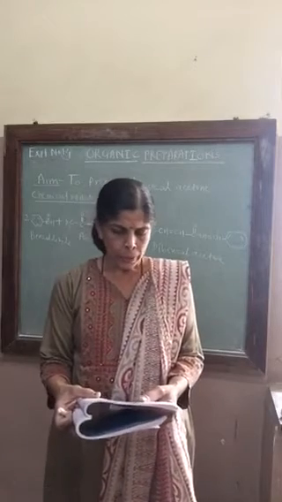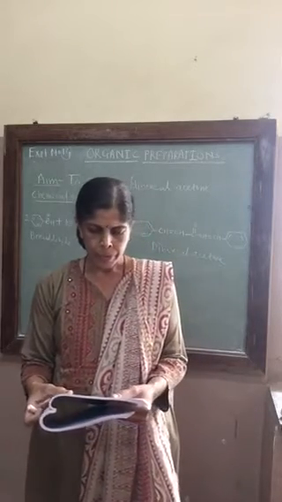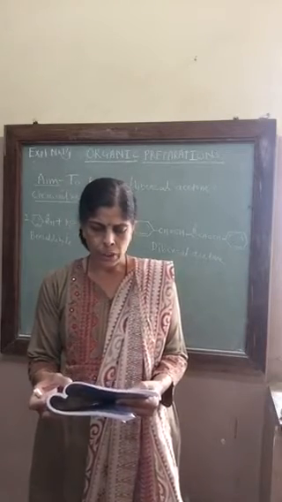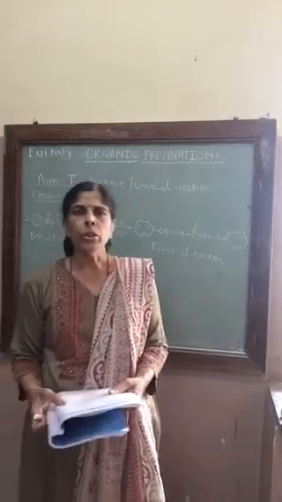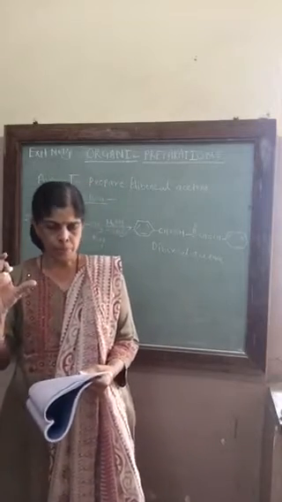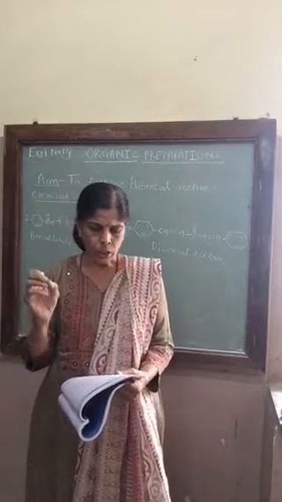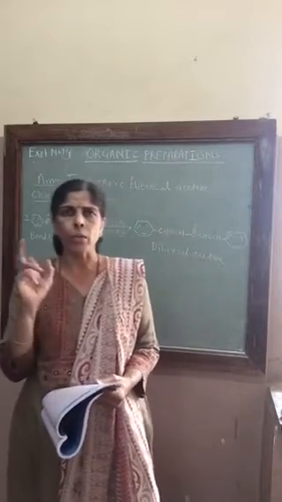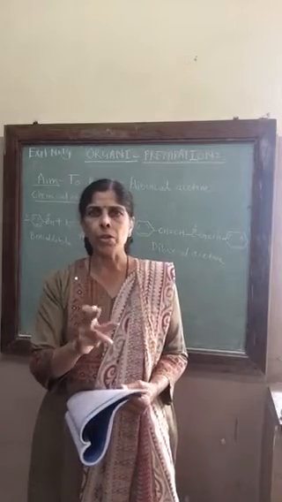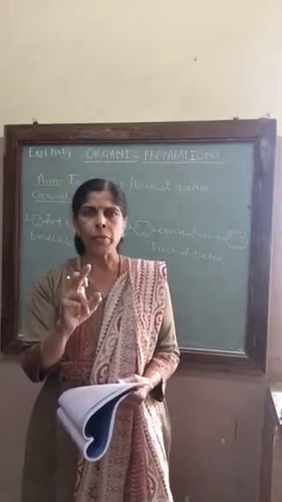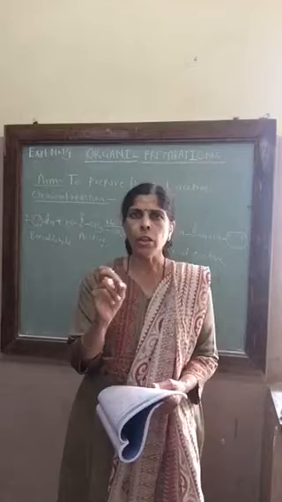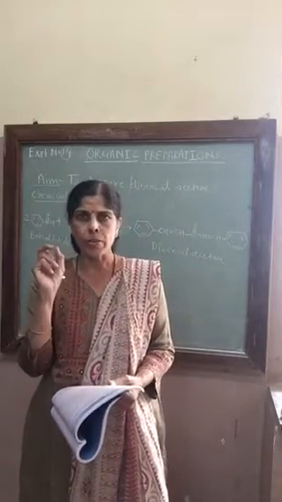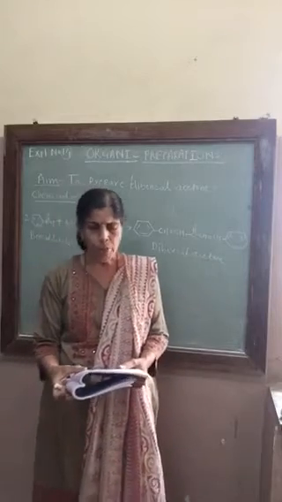Point number 1: take 0.5 ml of benzaldehyde, 0.2 ml of acetone and 5 ml of methylated spirit in a small conical flask. You are going to take a small conical flask, then in that you are going to take 0.5 ml of benzaldehyde. Remember, 1 ml corresponds to 10 drops, so 0.5 ml corresponds to 5 drops. You are going to underline 0.5 ml and write above that 5 drops. So take 5 drops of benzaldehyde.